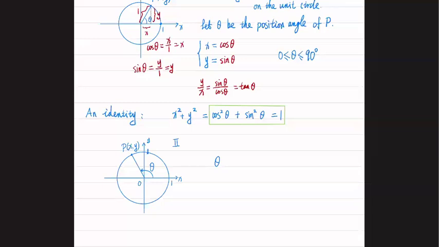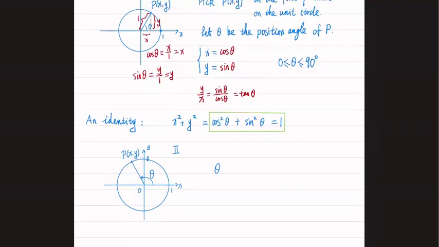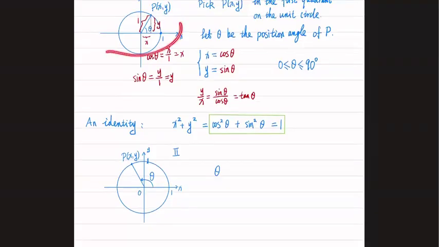Aaron, what's the second quadrant? In the first quadrant, this is 0 to 90 degrees. What about over there? It's greater than 90, and